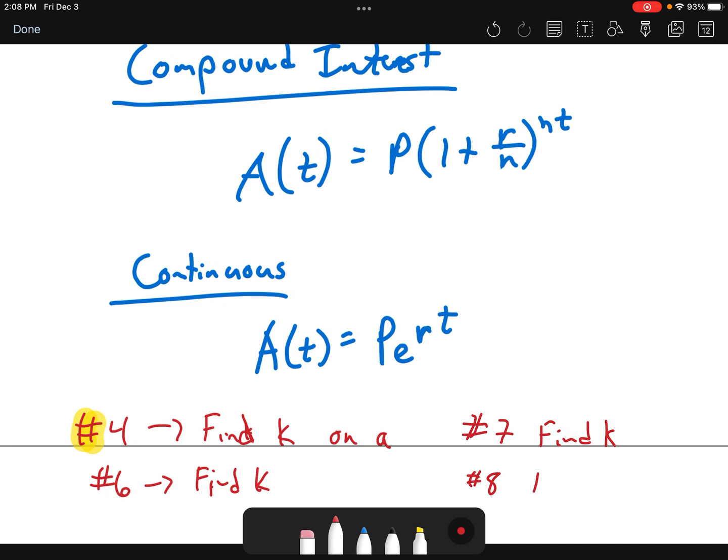And on number 8, there's a mistake. K should equal negative 0.1947. So make sure you change that to a minus sign. And then on number 9, guess what? You got to find K. If you do all that,